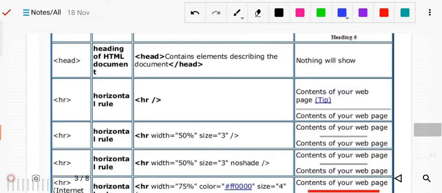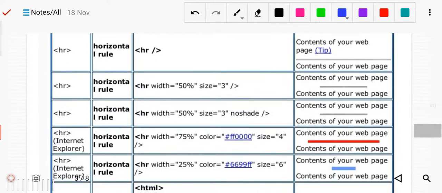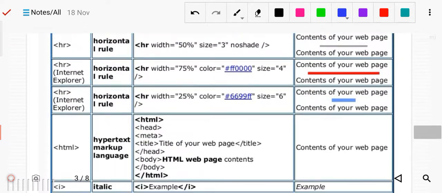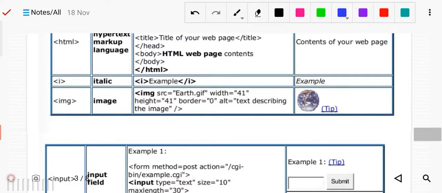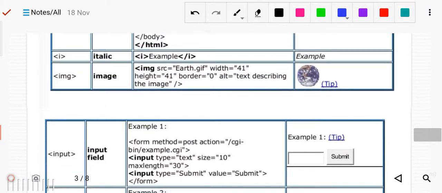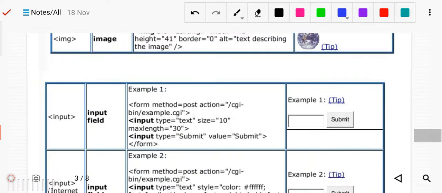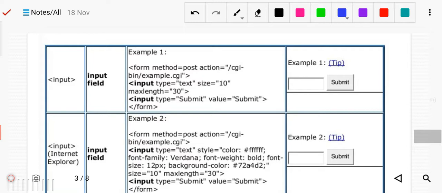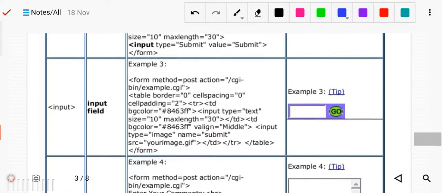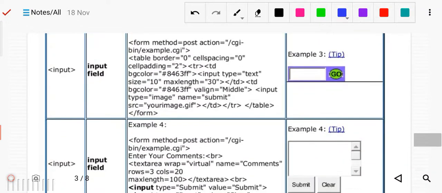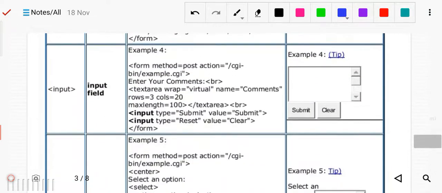The hr tag has a width attribute. Then html, the i tag for italic, the image tag where we are using src, the source. Then input, in the input we are using type attributes, and attributes for the field and method.